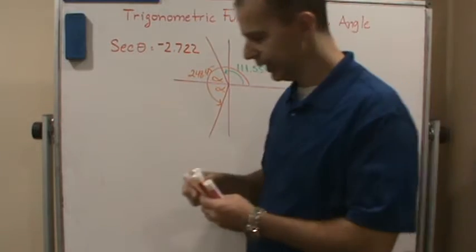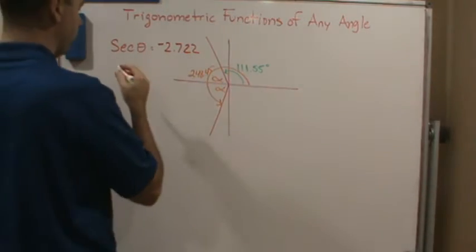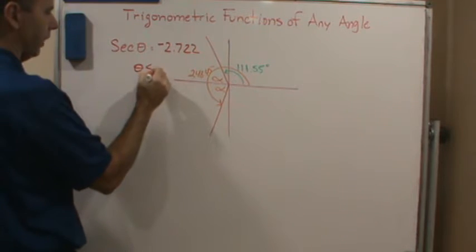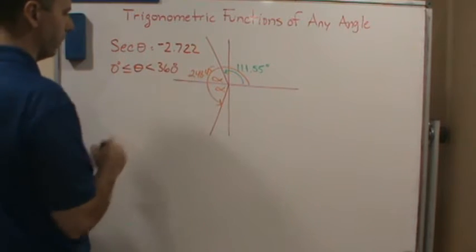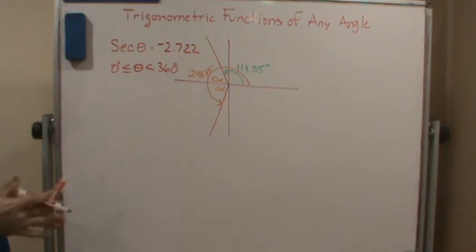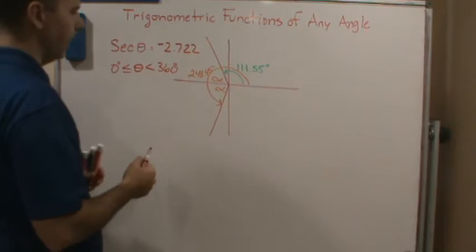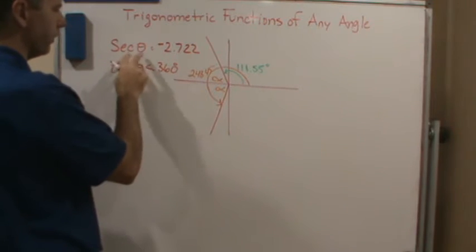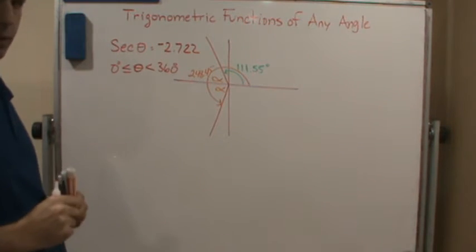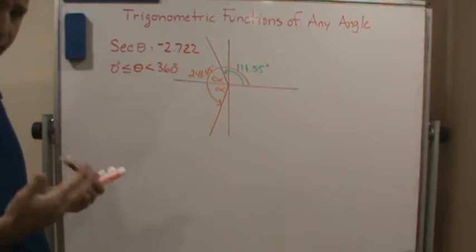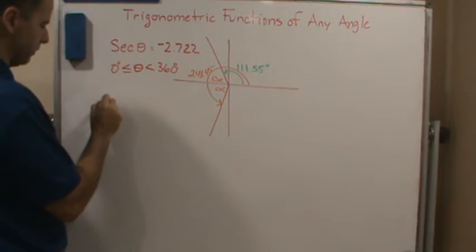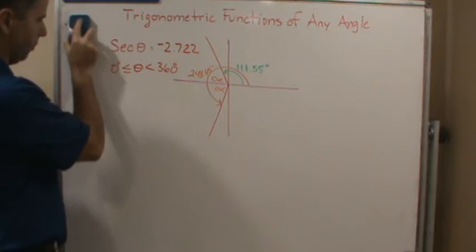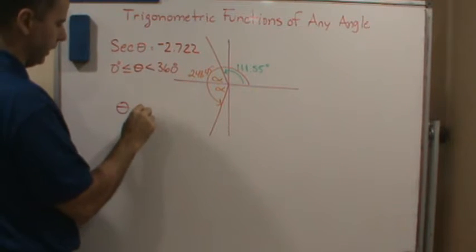But realize that if we're looking at the angle, and in this case we're looking for theta less than 360 but greater than or equal to 0 degrees. Okay? So in a complete revolution around the Cartesian plane, if we're looking for the secant of negative 2.722, the calculator is going to give us one answer. If we take inverse secant to both sides, we're going to get theta on the left, and we're going to get secant